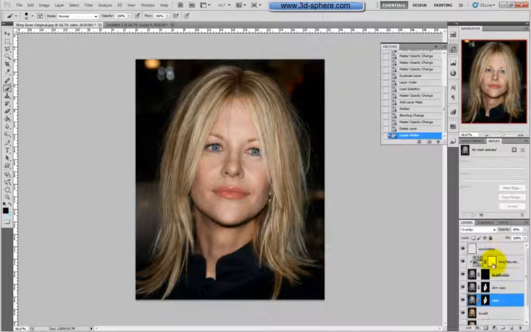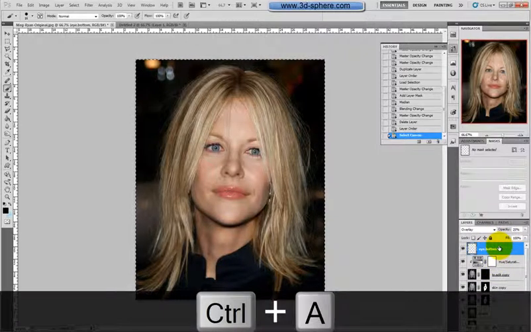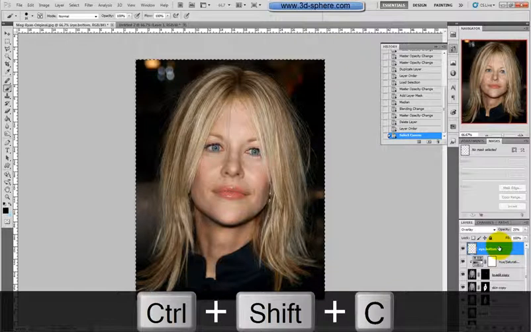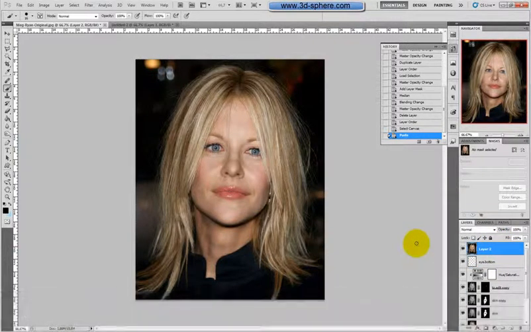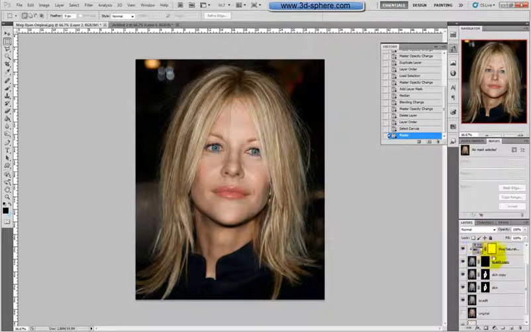When you are really happy with what you see, you can make the final correction of the image, like the color or the overlay color of the image. So what I will do, I will hit Ctrl A, next Ctrl Shift C and Ctrl V. Now these shortcuts make something possible. It's making a copy of layers which you can see or unhide. So what we have here